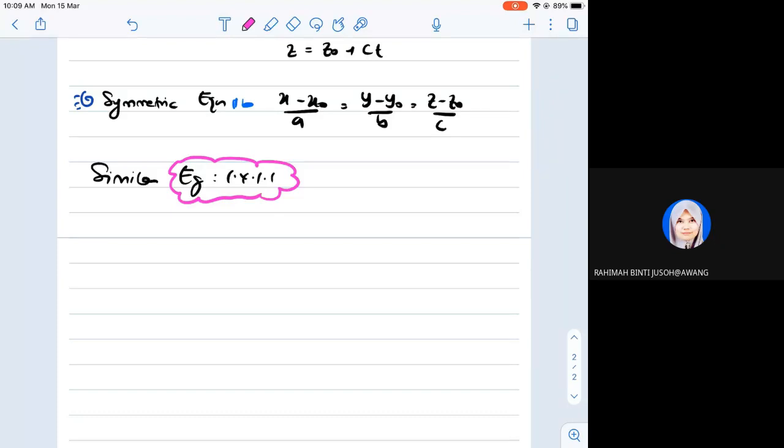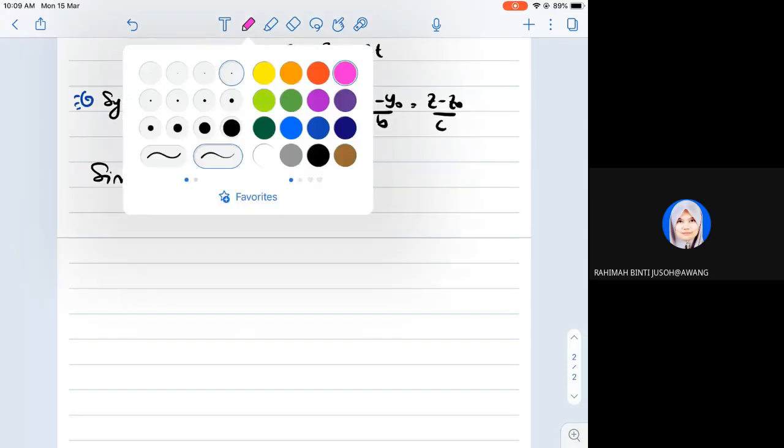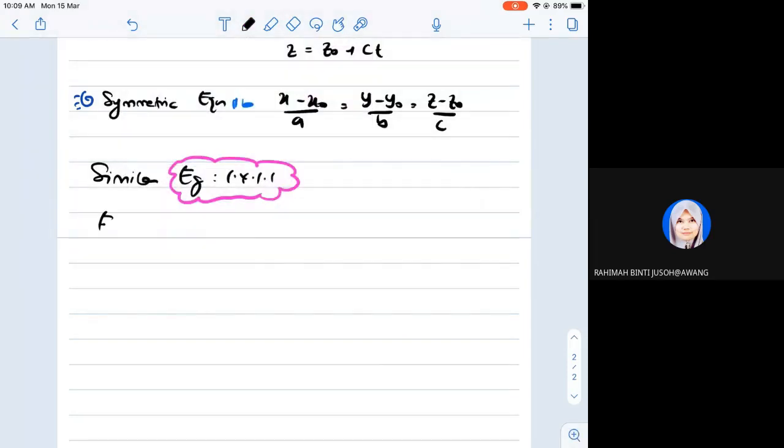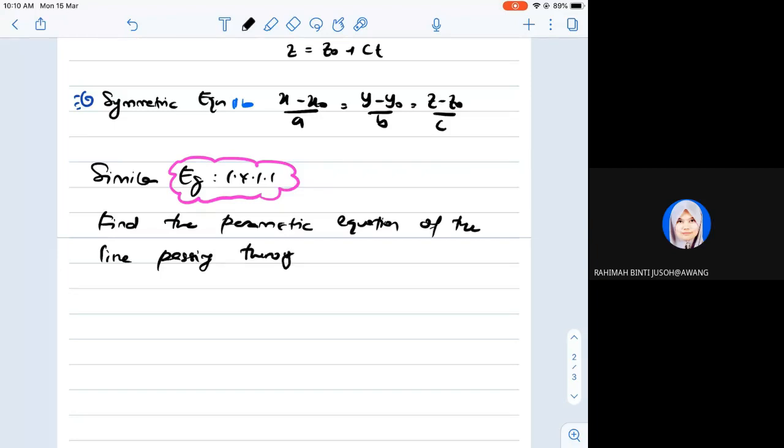Okay, we have: find the parametric equation of the line passing through